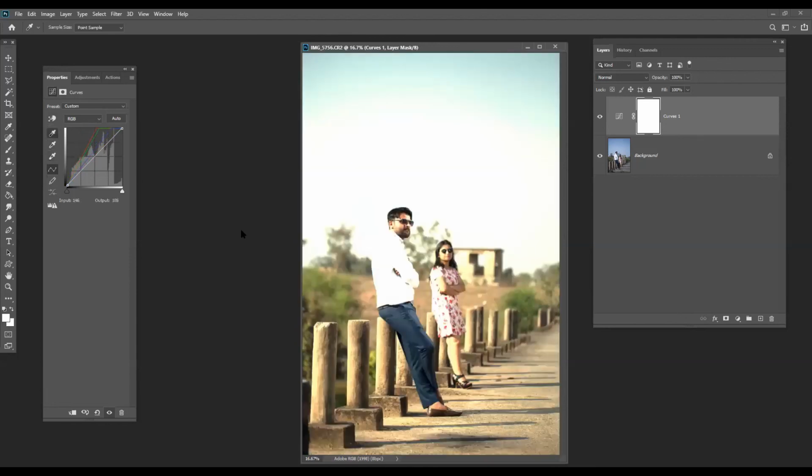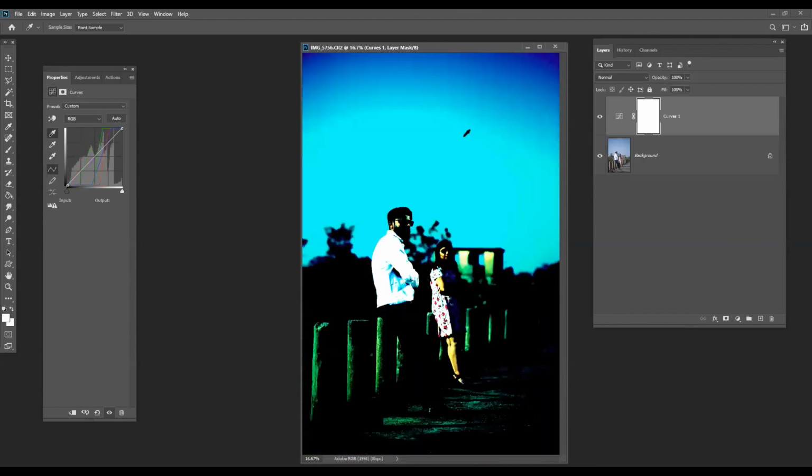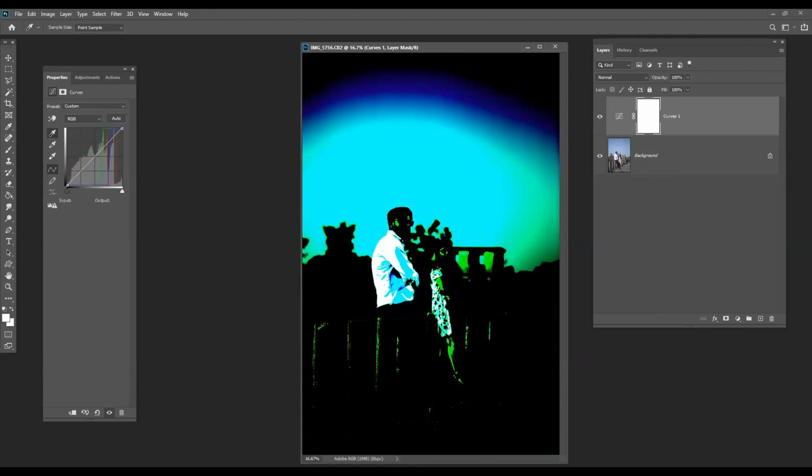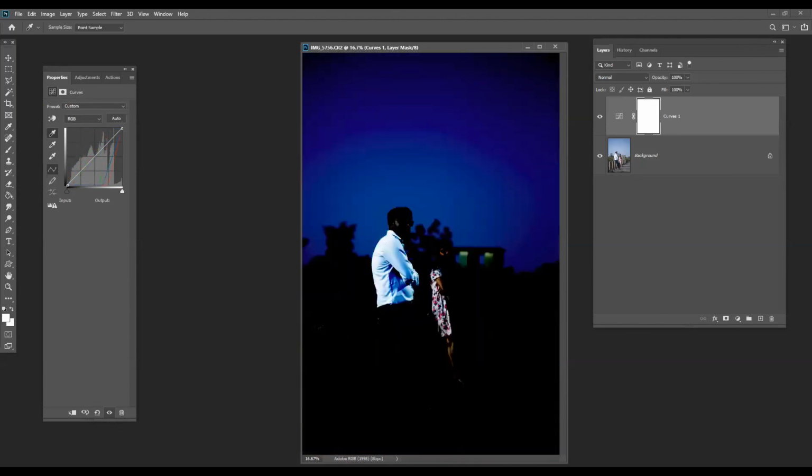Same goes in reverse with the black point. The more you go to the blacker areas, the more casting it will bring, giving more grading and color shift. The brighter the area you go, it will try to cover up the darker area. So this is a basic way we can pull out the exposure, or create a basic color.